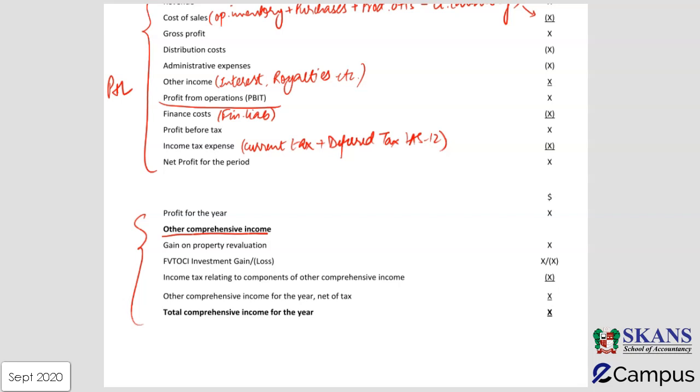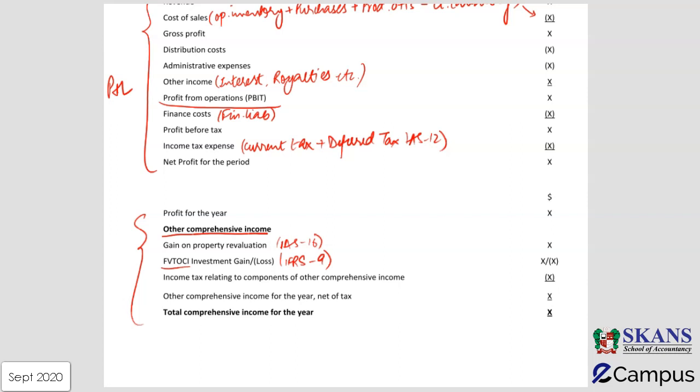These show the unrealized gains and losses separate from the regular incomes or expenses for the period. In this case, there are two items which come under the scope of other comprehensive income in our exam of financial reporting. One of them is gain on property revaluation as per IAS 16. So if there is a gain on revaluation, that will be shown in other comprehensive income. On the other hand, as per IFRS 9 financial instruments, if there is a gain on financial instruments which are at fair value through other comprehensive income, that is also shown over here. This working you will study in detail in IFRS 9, and once you've done the calculation, you will be able to understand how it is disclosed in our financial statements.